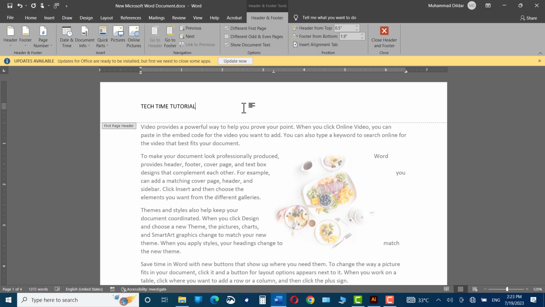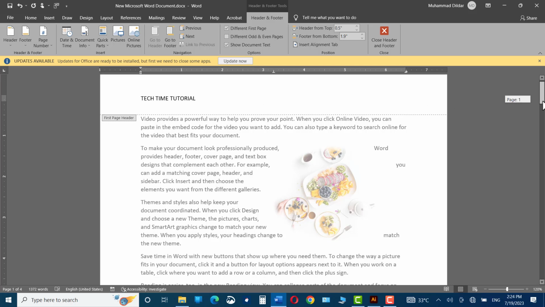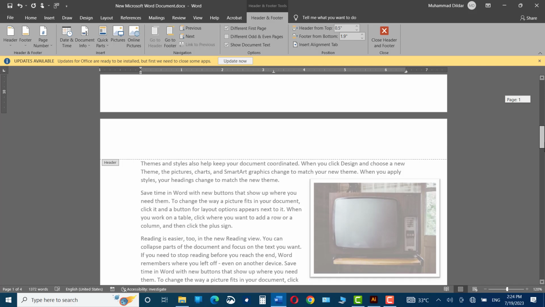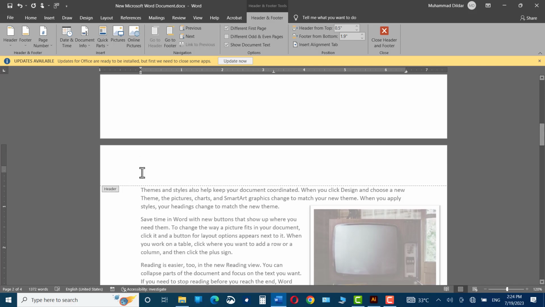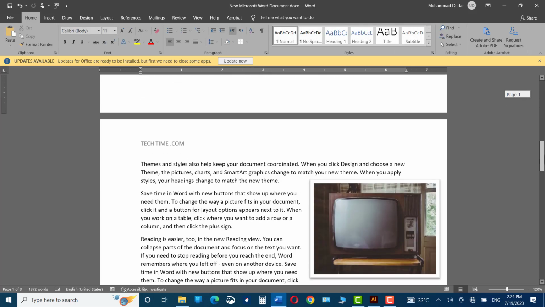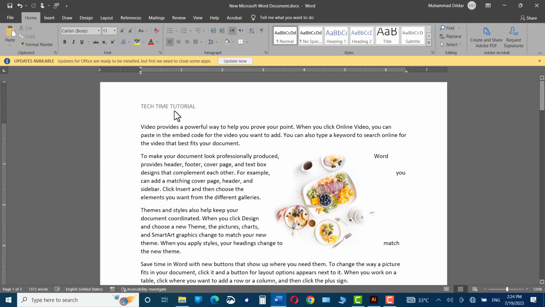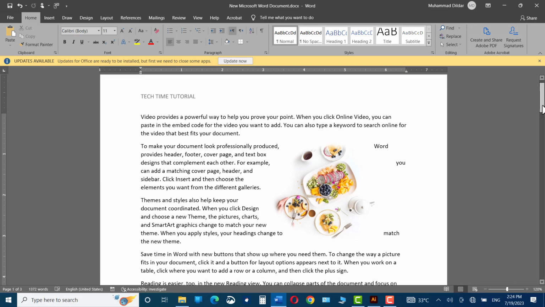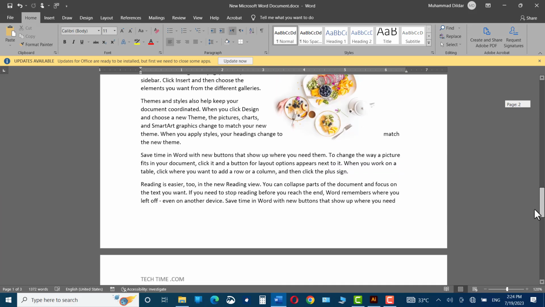For example, I have added Tech Time tutorial to the first page. I can go to the next page, and here I can simply add techtime.com. Simply double click and there you are. Now you can see we have different header on the first page than the rest of the pages across our